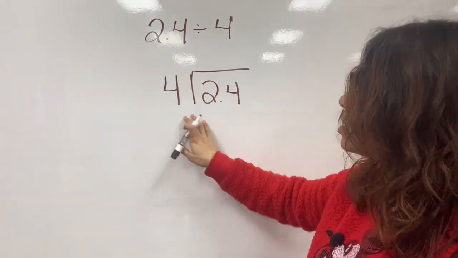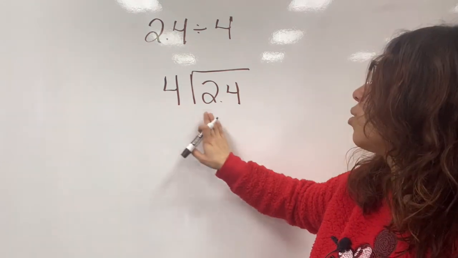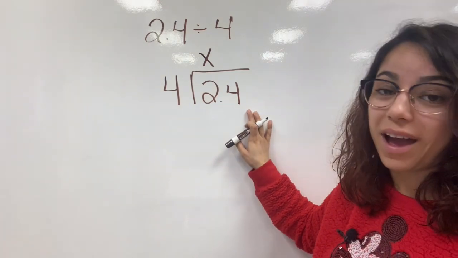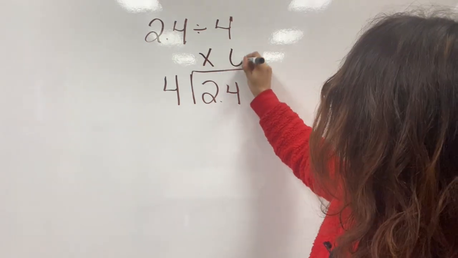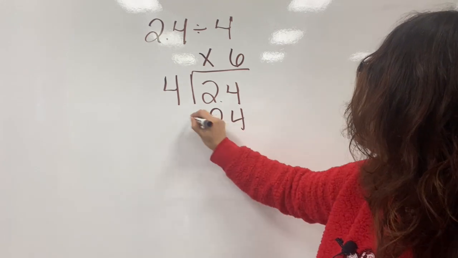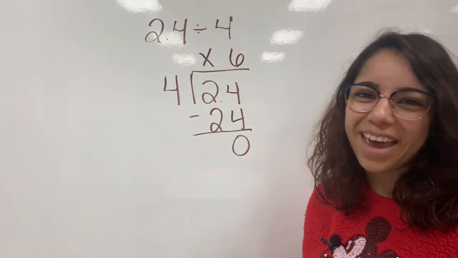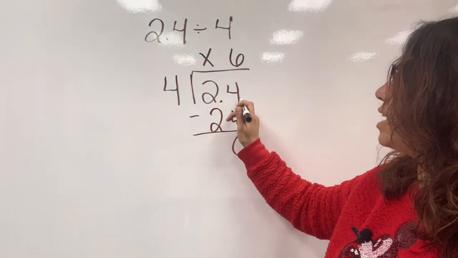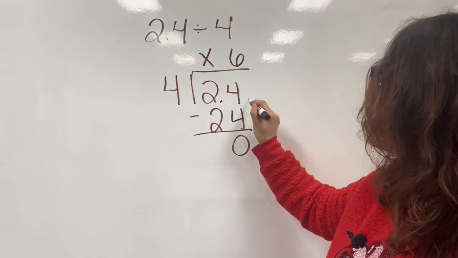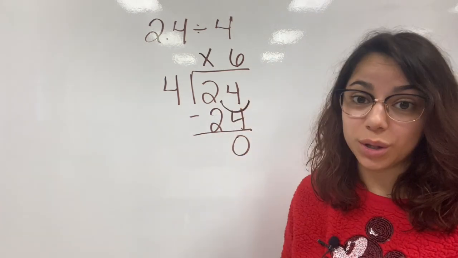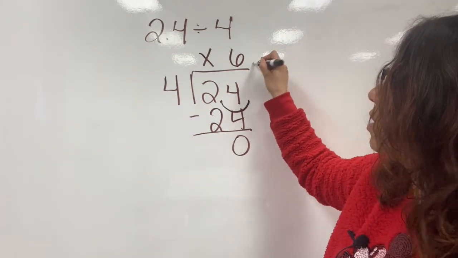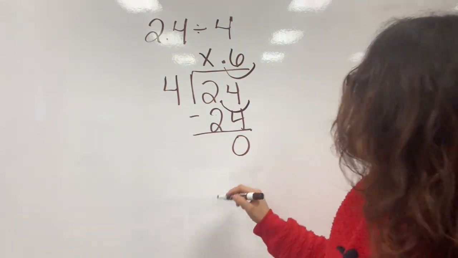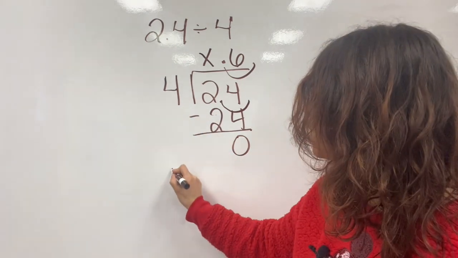All right, so we're just gonna divide normally. Can 4 go into 2? No, it cannot. So now we're gonna look at 4 into 24, which would be 6. 4 times 6 gives us 24. We subtract. Yay, no remainder. So what we're gonna do now is, because we do have a decimal inside the box, we're gonna start over here and count our one loop. In our answer, same thing, we're gonna start on the side and look, our one loop. So our answer is not 6, it's actually